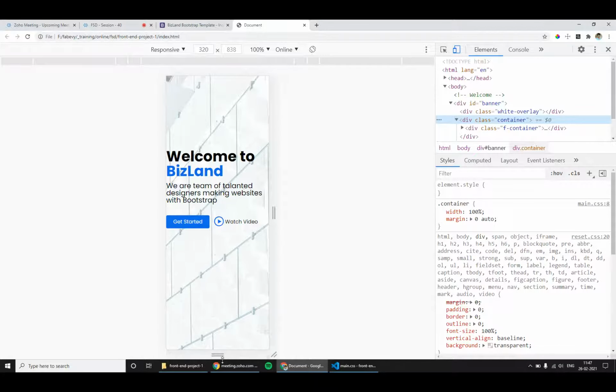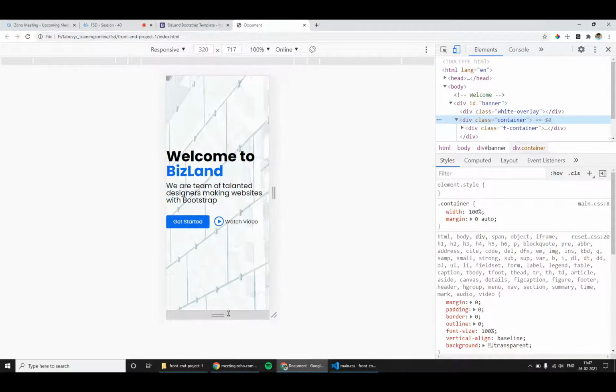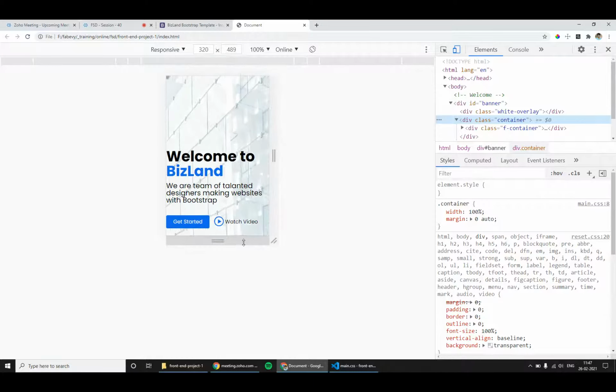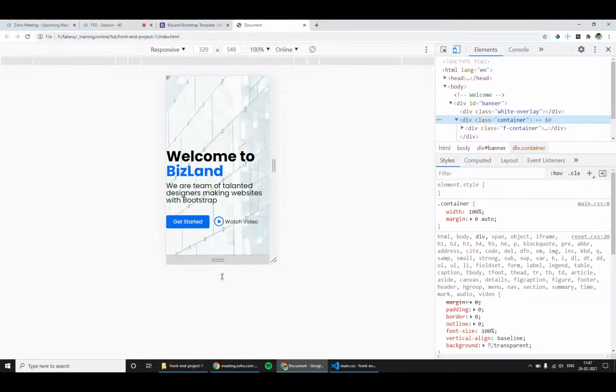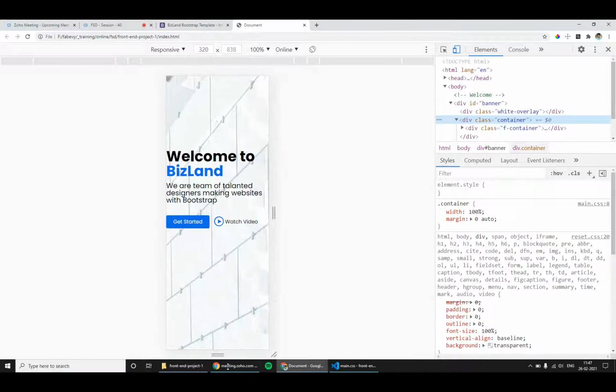So when I decrease the device size, the gap from top to content is more and the gap from bottom to content is small. When I increase this, it's totally different. The gap from top to content is small and the gap from bottom to content is more.